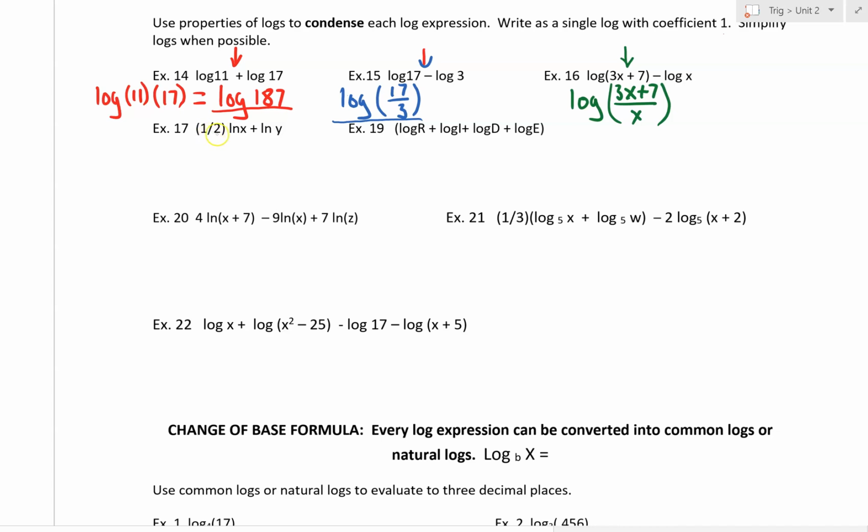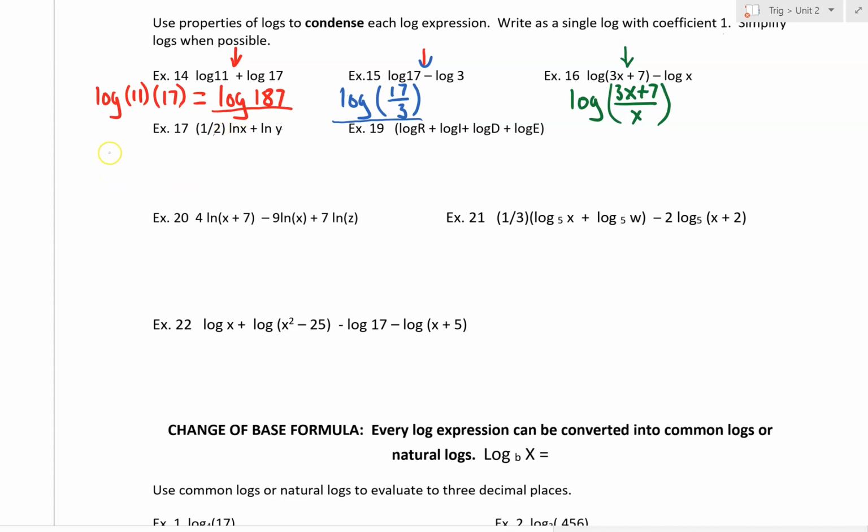This next one is saying 1/2 ln of x. Well, what is that telling you? It should be telling you that you would move the 1/2 back to the exponent of the x, and x to the 1/2 power is really the square root of x. The plus is telling me I'm going to be multiplying, and I'm going to be multiplying by y. So when I look at this one,